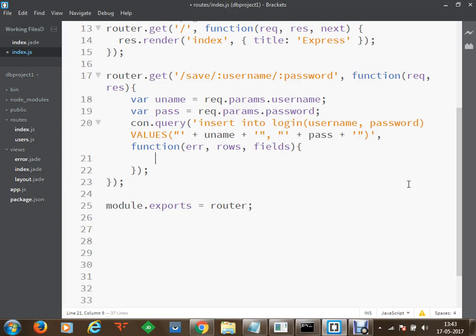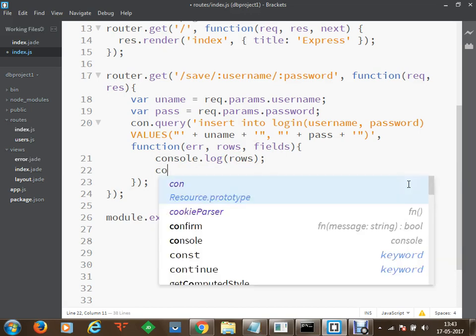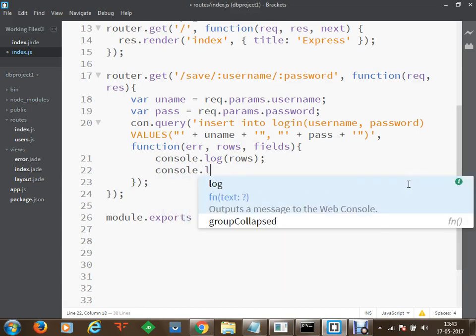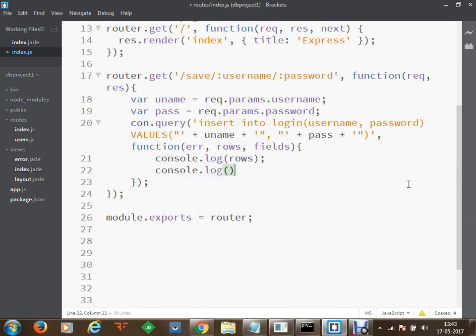So once we have got this information, now we are going to console.log and display rows. Okay, and we are going to say console.log and we are going to say insert success. So data will be inserted into the database.